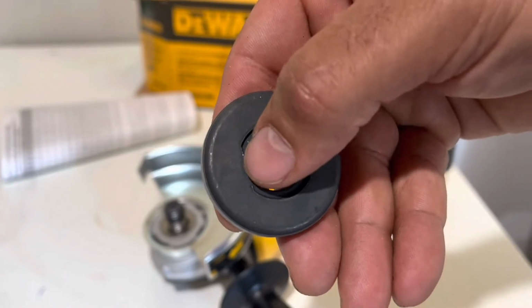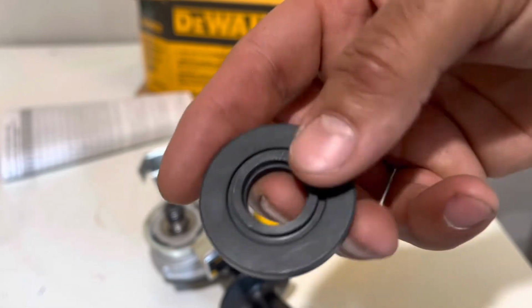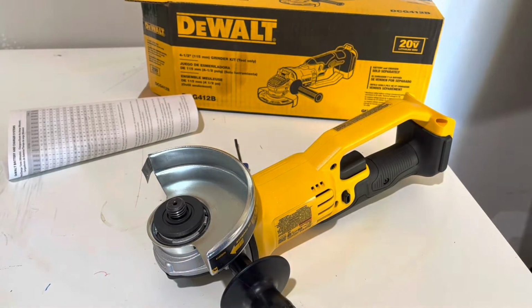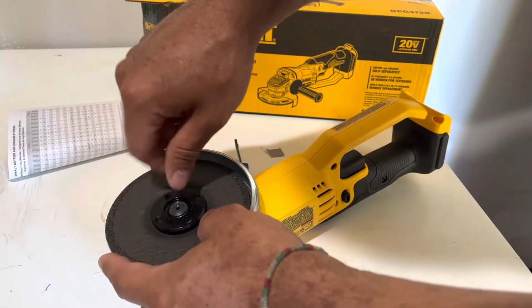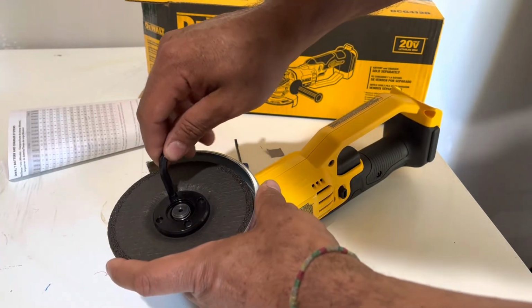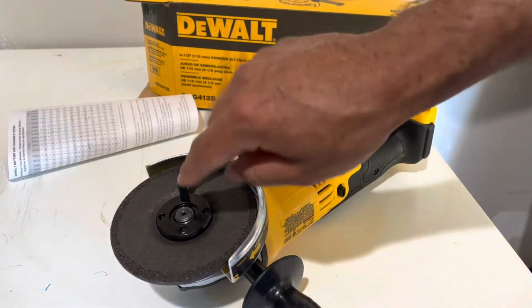They're vertical. They have an indent here and here. So this is gonna spin on. There's only one way to put this on, and that's backwards. Slap that on there until it locks in place. Like the way it looks, the way it feels, and put in your blade. And you slap that on there. Like this too. They put this on here, just in case